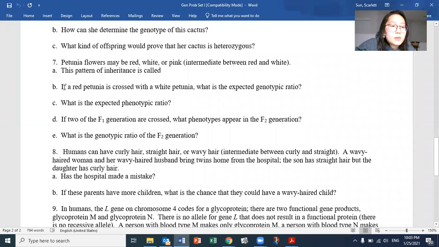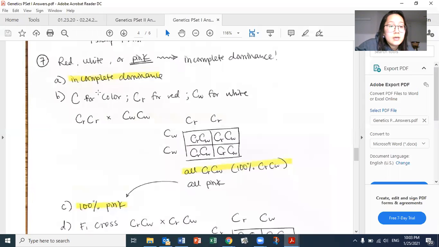So part B in 7 is, if a red petunia is crossed with a white petunia, what is the expected genotypic ratio? Well, you're going to write out the genotypes of the parents first. We're just going to use C for color, but the color is going to be CR for red and CW for white. We're going to represent the parent separately because when it has an R and a W, then it's going to be counted as a pink